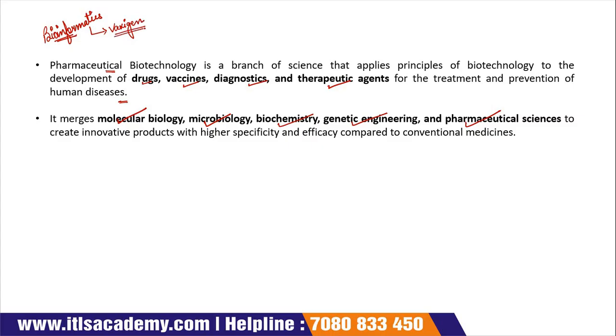VaxiJen is a web tool basically that is used to find out the antigenicity of your molecule. Blast. What is BLAST? BLAST is the Basic Local Alignment Search Tool that is used to find out similar regions. Okay. Next is Clustal Omega. What is Clustal Omega? Clustal Omega is a tool that is used for multiple sequence alignment. EMBOSS is software that is used for pairwise sequence alignment.